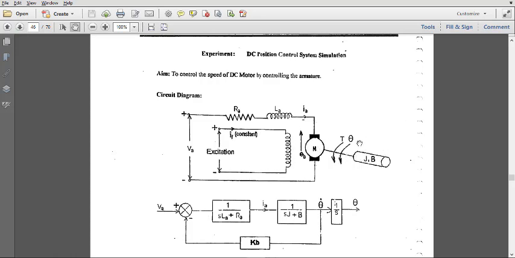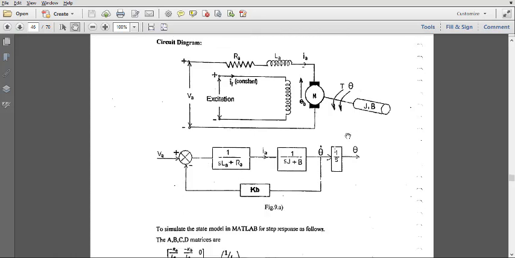The motor is connected to a mechanical load which has a moment of inertia of capital J, and the load also has a friction or frictional coefficient of capital B. The variables which you are going to find are the torque and the angle theta.